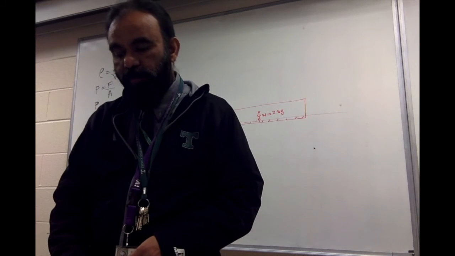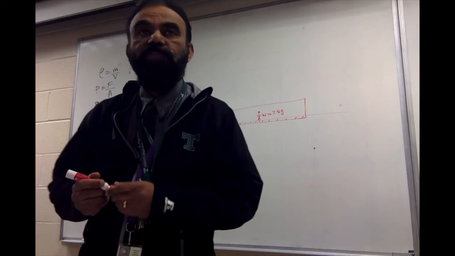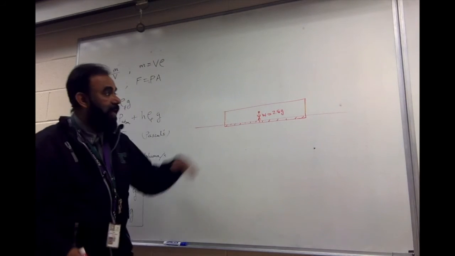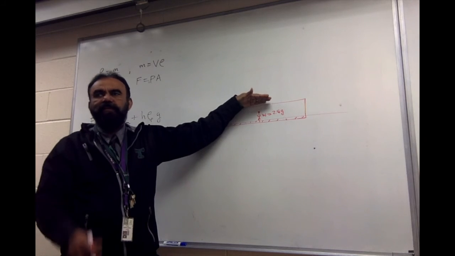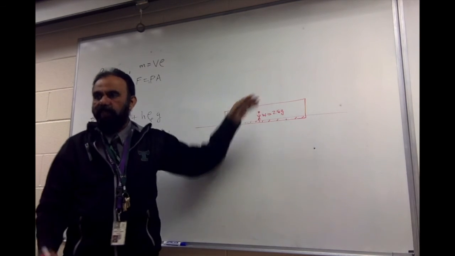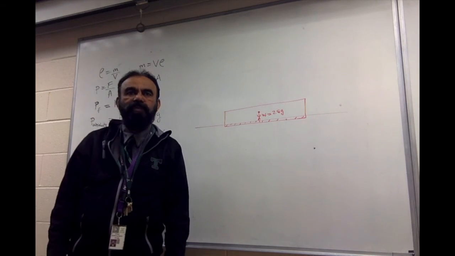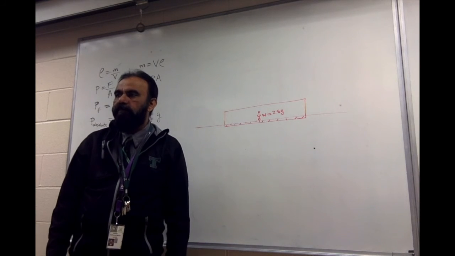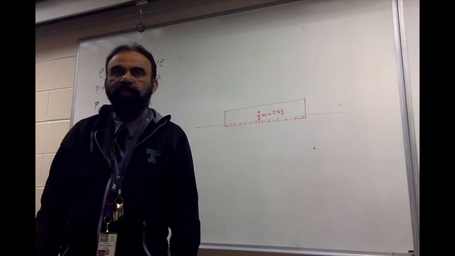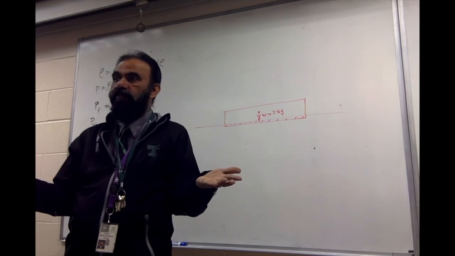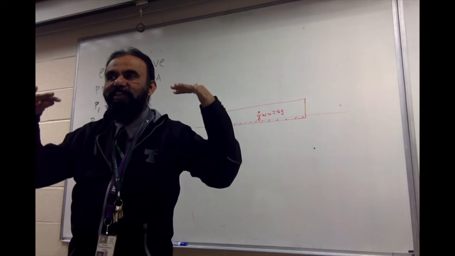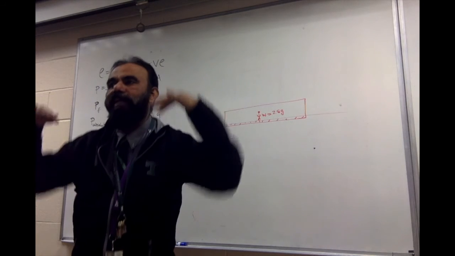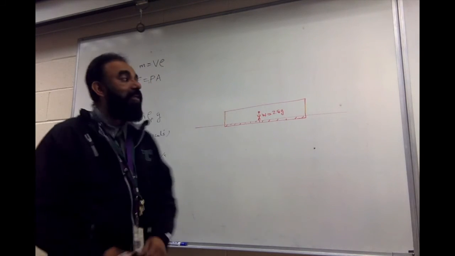But the question is saying, what mass can it support in water before sinking? So, can I put some mass on top and let this air mattress still float? Think about it practically. You have an air mattress floating in your pool. Can you put something on top of the air mattress and still have it float? Yes. The question is asking, how much maximum mass can you put on top before it fully submerges? Which means